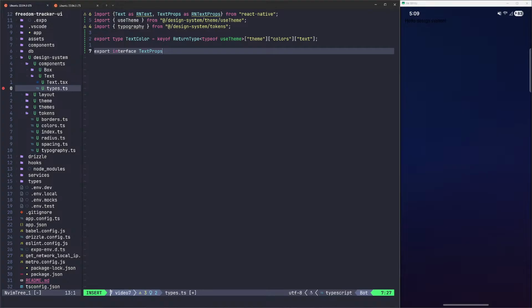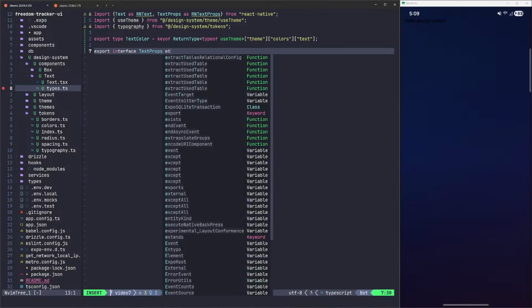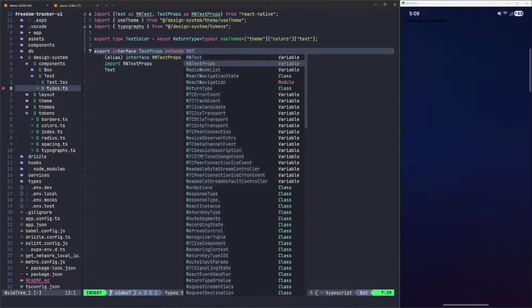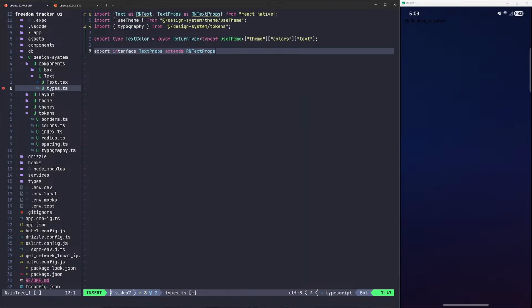Now, I guess it won't matter as much because we're going to be importing the semantic versions of these. I was going to say it might be better to not call it text, but we're going to be using the semantic version, so it's fine. And this is going to extend our React Native text props like so, and then this will take in a variant, which we don't have access to. So variant,